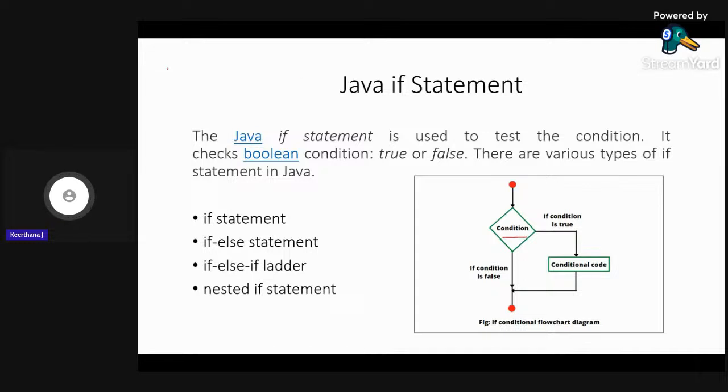The general syntax is: if is going to be the keyword. Okay, so inside the if you'll be giving a condition. If this condition is true, then a particular block of code will be executed. Or if this condition is false, then another block of statements will be executed. That is why it is called a conditional statement. If my condition is true, then according to the condition, the execution of the block differs. That's why we are calling it a conditional statement.